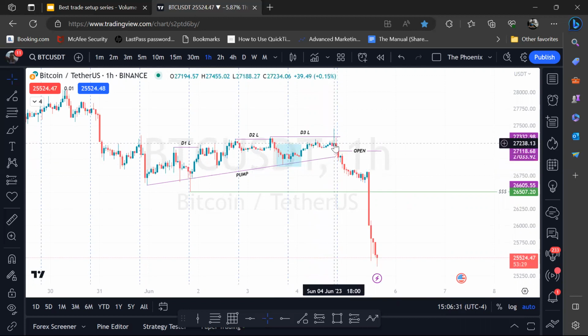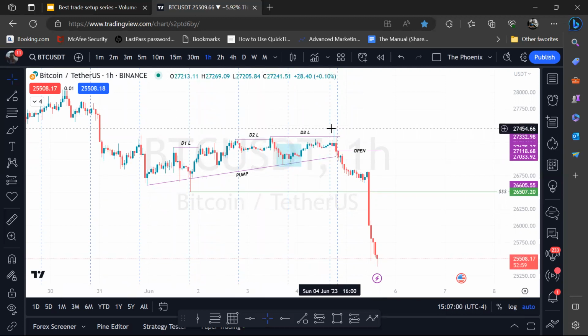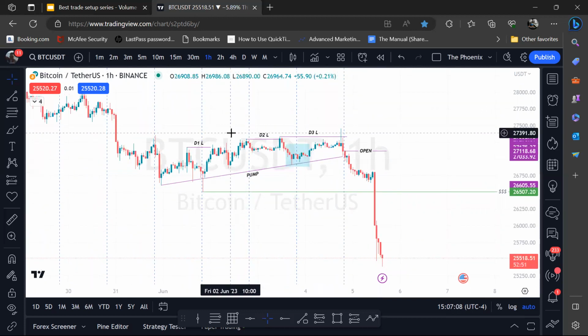So when I was looking at price, I think price was around this price point. We're still in Asian session, and having looked at it at this point, which is why I had marked the opening price, I said if price continues in this direction, the downward direction, and there's some liquidity resting here, liquidity has been taken out up here. All of this liquidity up here has already been taken, so I'm not seeing any reason for price to continue going up. We've been in a downtrend since Monday of last week,